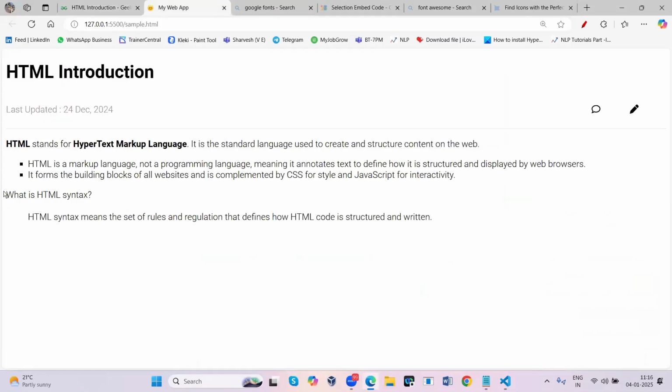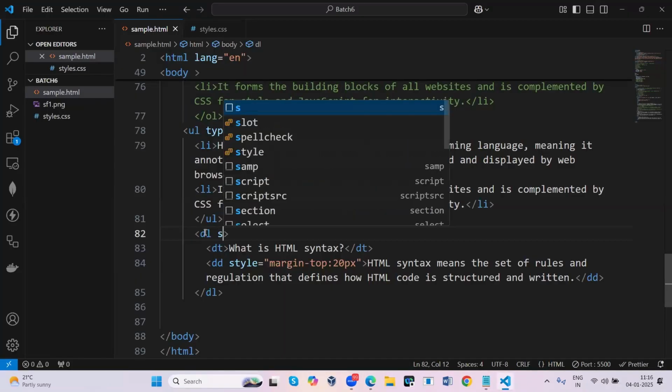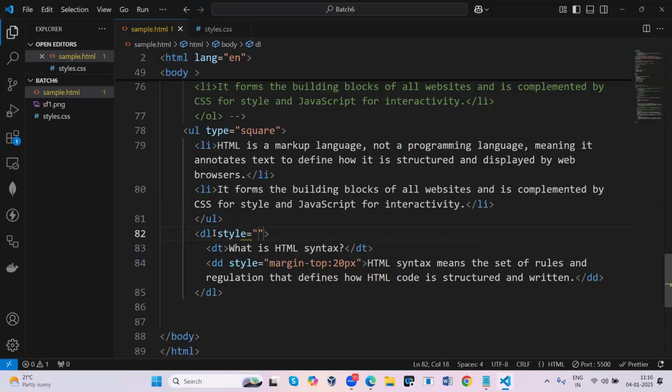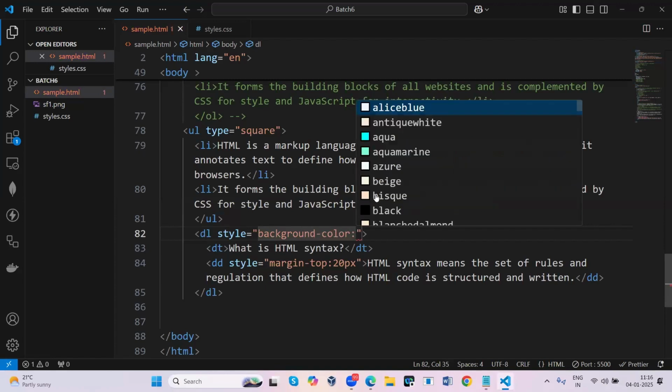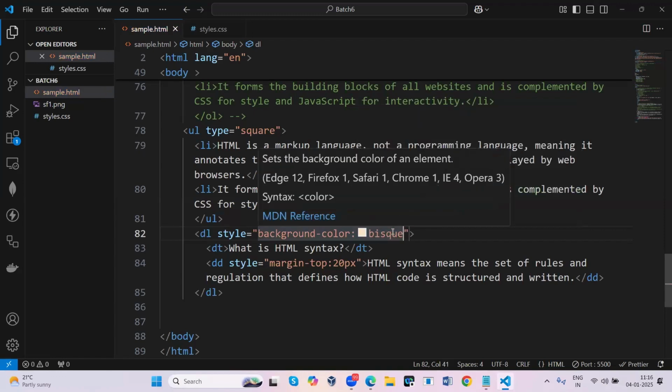If you want to separate it from the documentation, you can do stylings here only for DL. So style is equal to, first I want to apply a background color. I just want to give bisque.